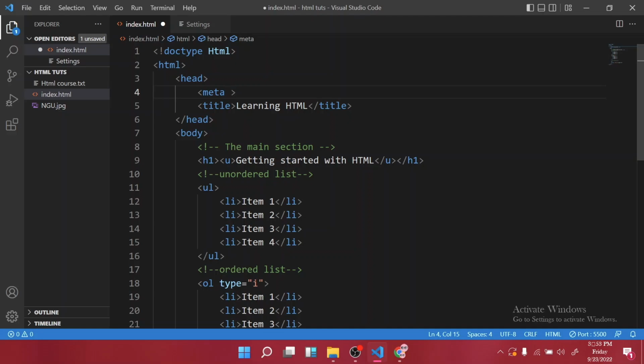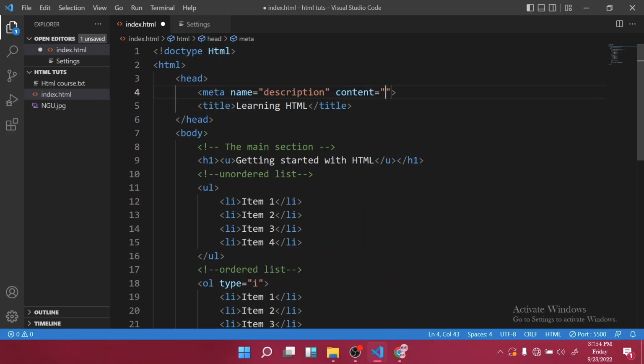Now that we know attributes are typed inside the tag, and they give more properties to the tag in particular. Inside this you can say a name, and in order to give it attributes, you type equal to and then quotes, and inside the quotes we specify the value that we want to give to this property. In this case, the name can be anything. You can give a description, and then we want to give another attribute called content,